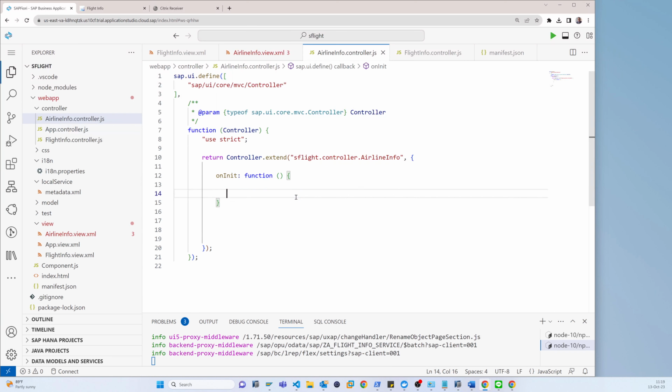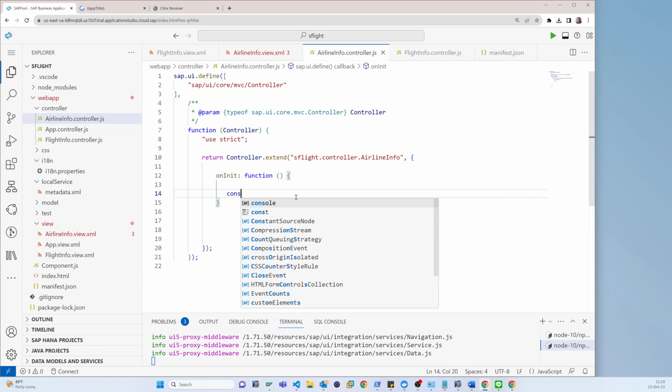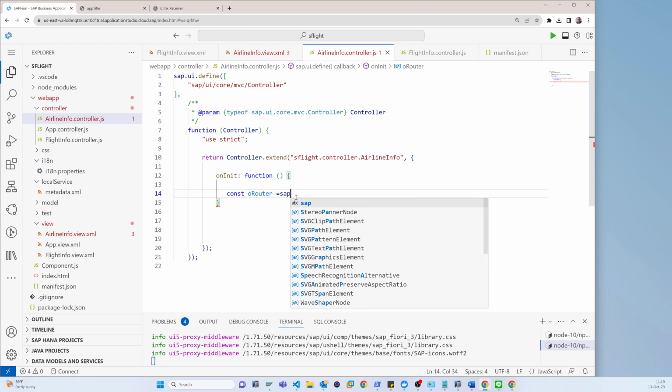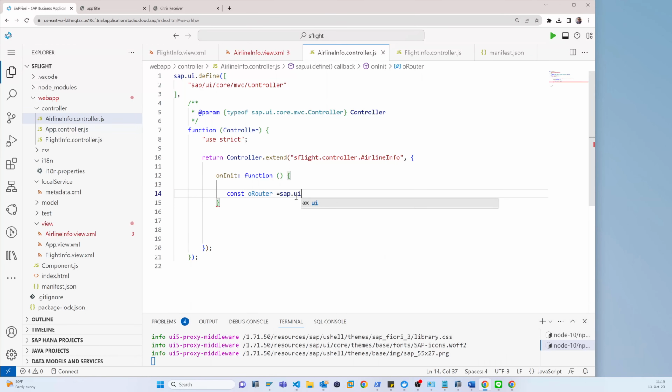So I have to code in the initialize function. Again I have to write const router equals sap.ui.core.UIComponent